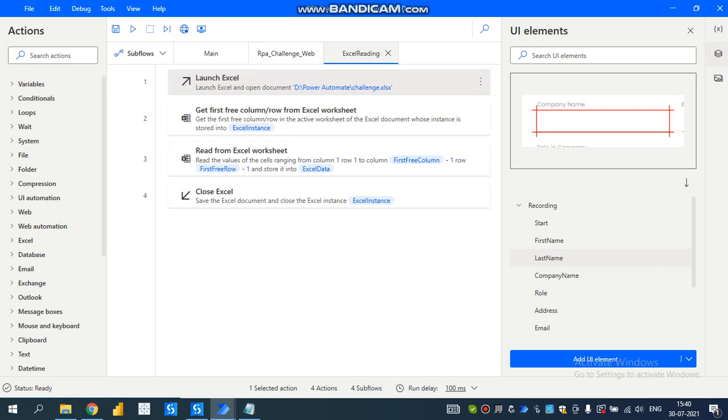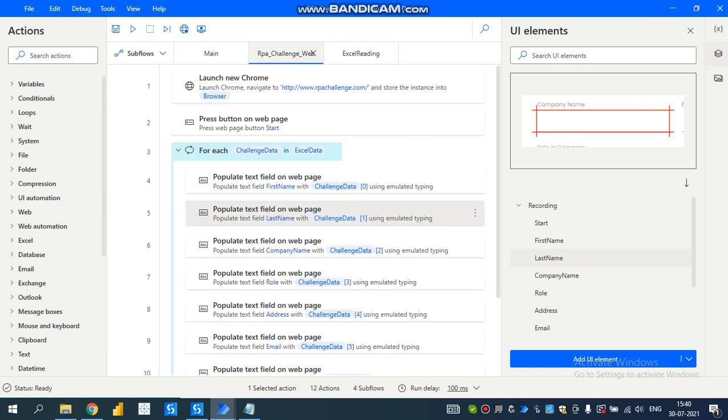Here in UiPath, if we want to supply the data from one flow to another, one process to another process, we have to give arguments, right? Here we don't need it. There are no in and out directions. If we create any variable here, we can automatically use that variable in another subflow.